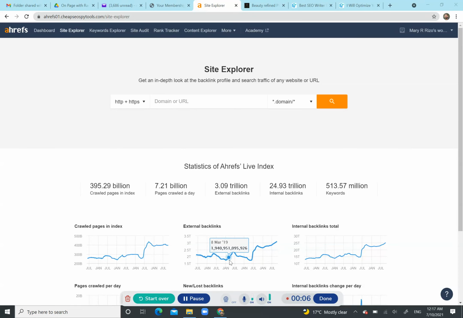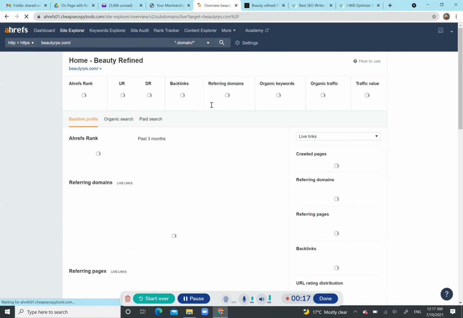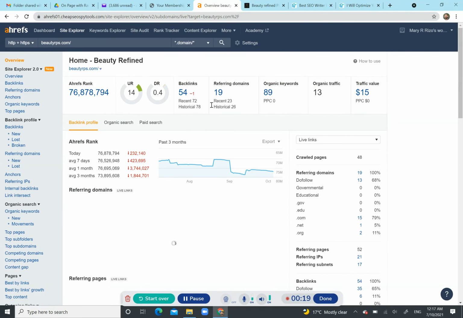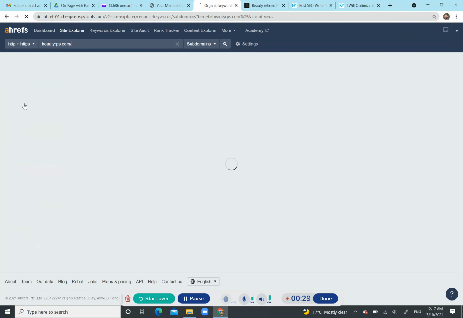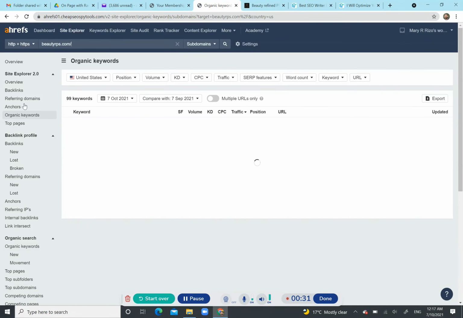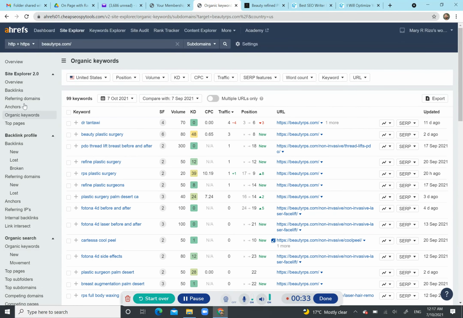That's when you know about the website that you're targeting, either it's your current client or the one that you're proposing. So you take the URL and you chuck the URL here. It'll take you to the overview page of Ahrefs, and here you can see all these metrics. So we're going to avoid these for now and just go straight into organic keywords. So you click on organic keywords, and this summary will show you all the keywords that this website is currently